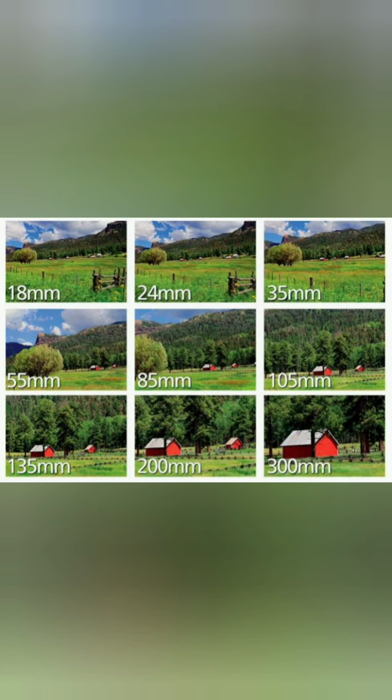You can see here, in this picture, as we increase the focal length of the lens, the size of the image formed increases. As you just see the last picture, 135 mm, 200 mm and 300 mm, you can clearly make the difference that as the focal length of the lens increases, the size of the image formed will be more. Like in 300 mm, the size of the hut appears to be larger compared to the other two cases. So answer to the question would be, there would be increase in the size of the image as you increase the focal length.